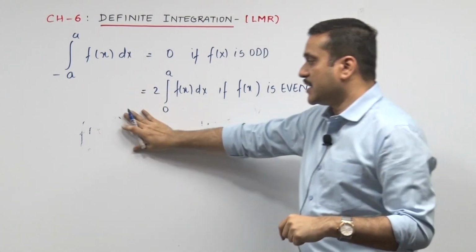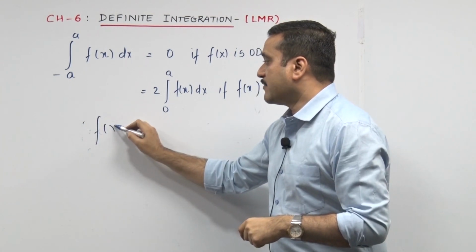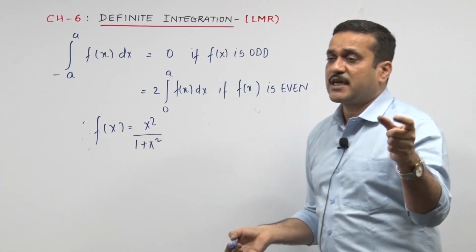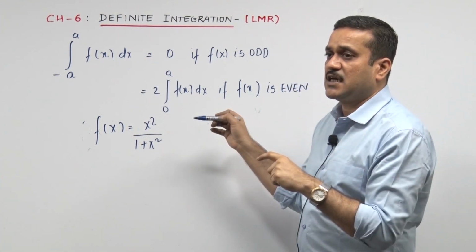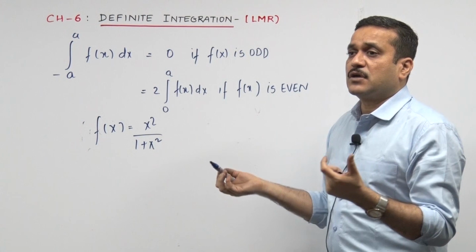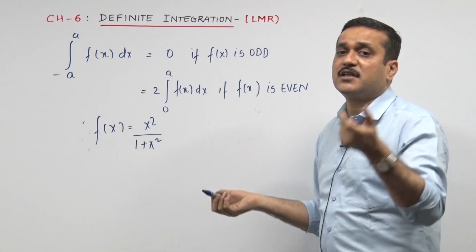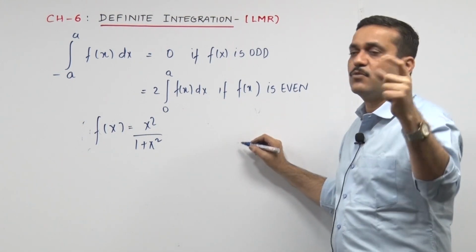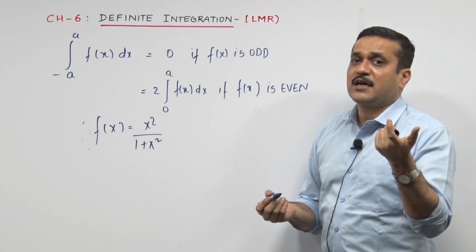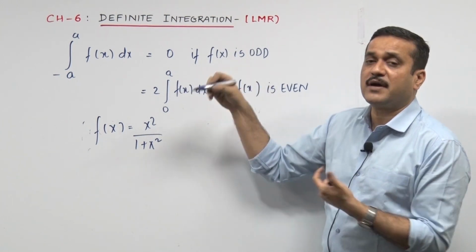Then I will show you some. Okay, let's see an example, so then I think the song is going to ring in more beautifully in you. I give you the function x square upon 1 plus x square. You need to check whether this is an even or odd function. See, if it's integrate minus a to a, the fate of the next step depends on whether the function is odd or even. So we need to first come out of the sum, bring in the function, and put it under the litmus test. Not that we have to sit with blue and red paper. We need to check whether it is odd or even. Only then will we decide the next step in the sum. Either it goes 0 or we happen to solve twice integrate 0 to a.